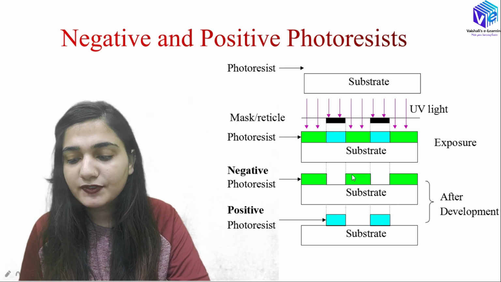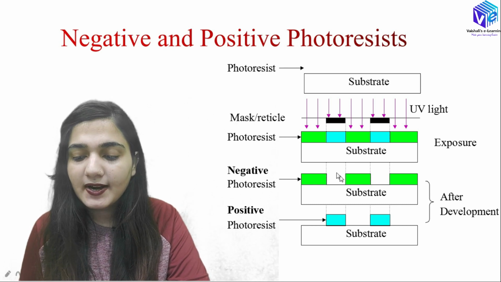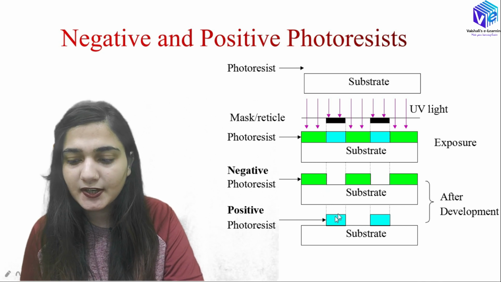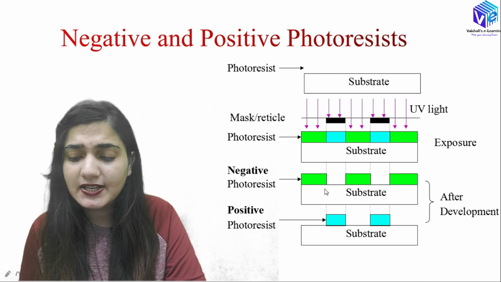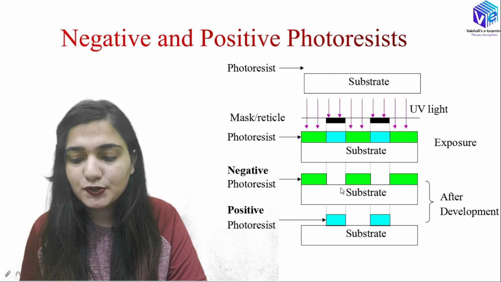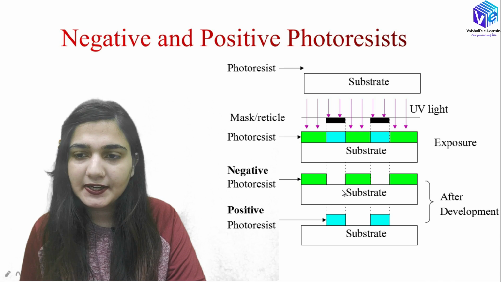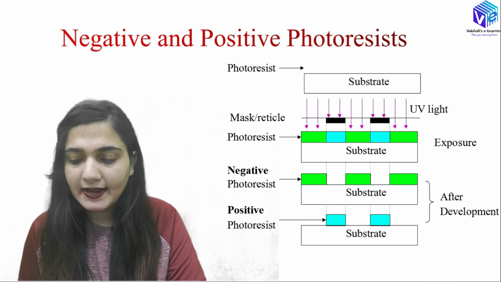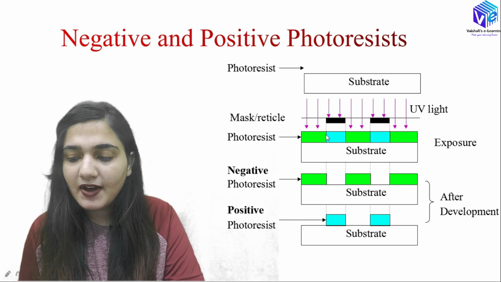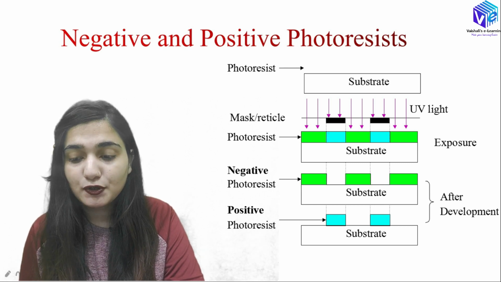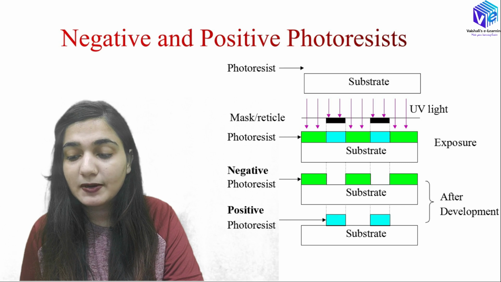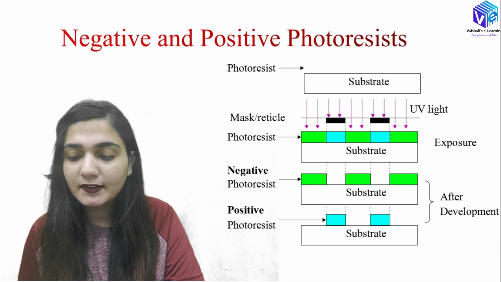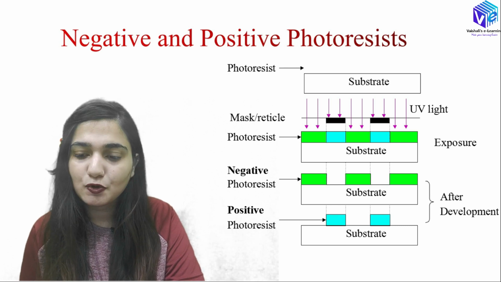If I have removed the photoresist here, from here I can make the doped region. This is the bare substrate here, and I can make the doped region from here. This is actually a window-like opening, so from this window I can make any type of doped region, either N-type or P-type, both I can make. Now here, if I have the positive photoresist, the positive photoresist will become dissolved, or soluble, on the exposure of light.